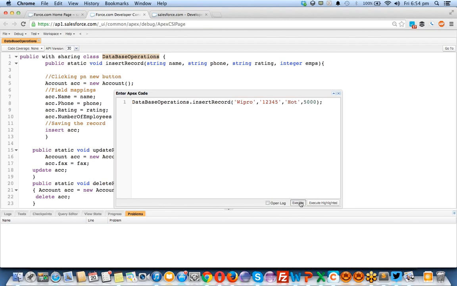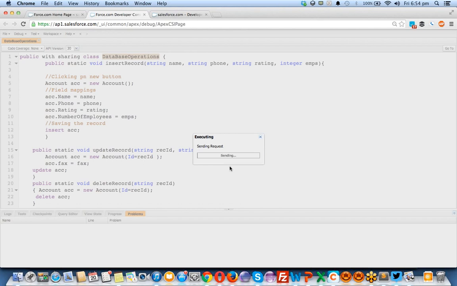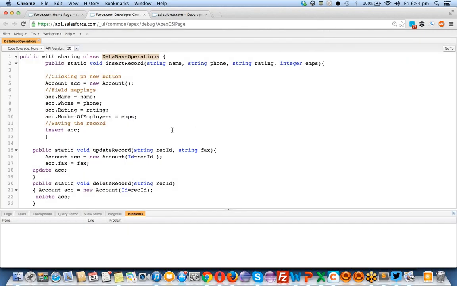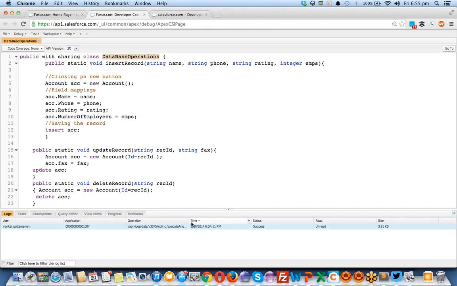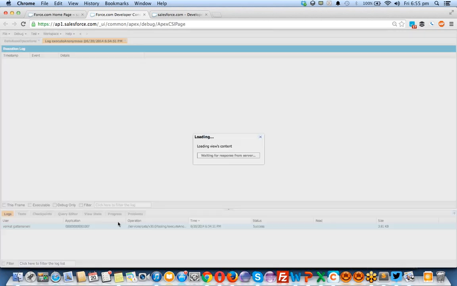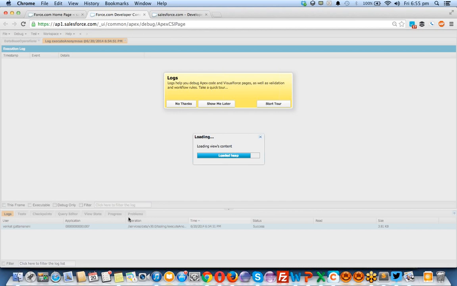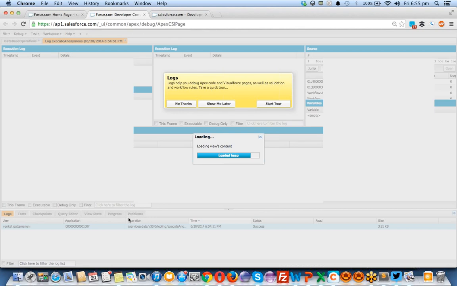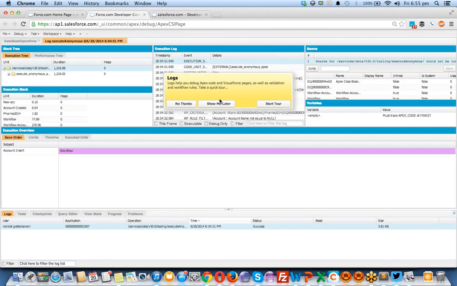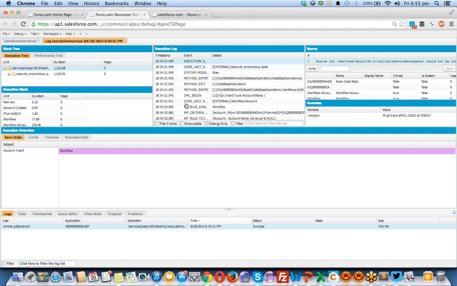If I click on execute, my code is getting executed, and I have the logs here, it is a success. Just click on it to see the result, right? So again, you can see the raw log also.